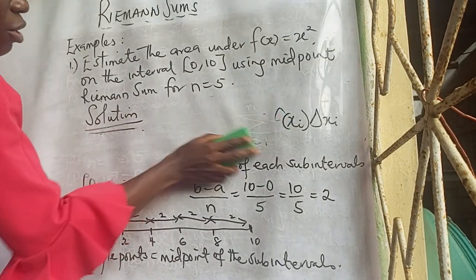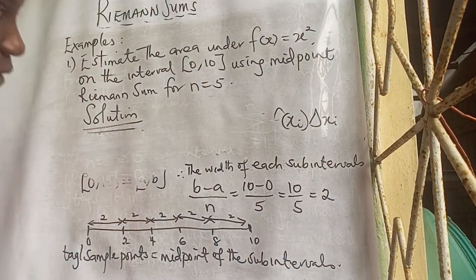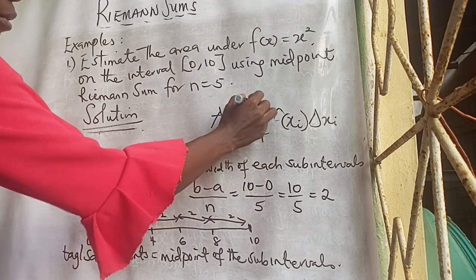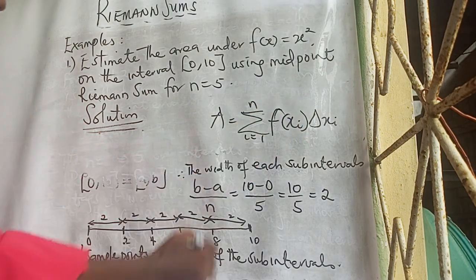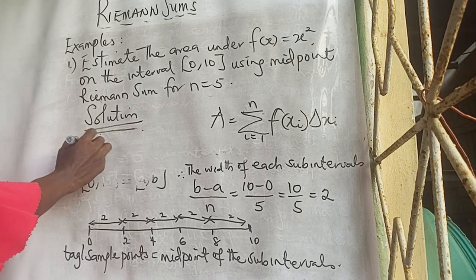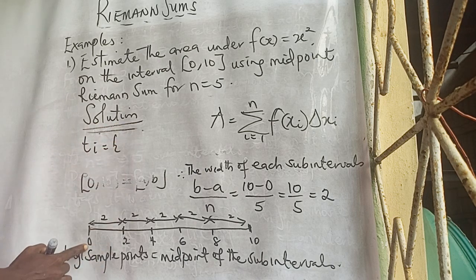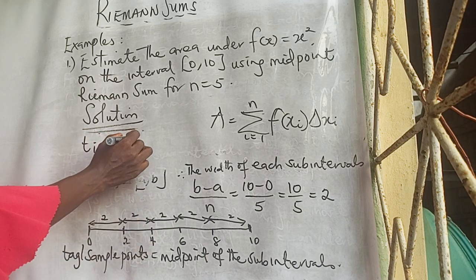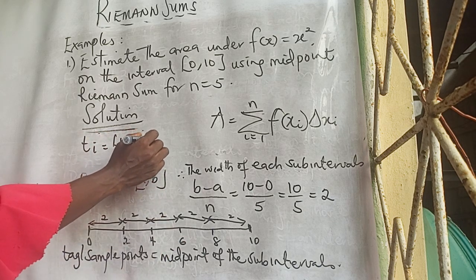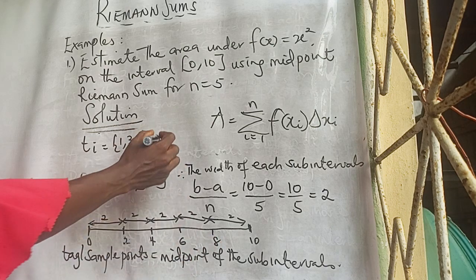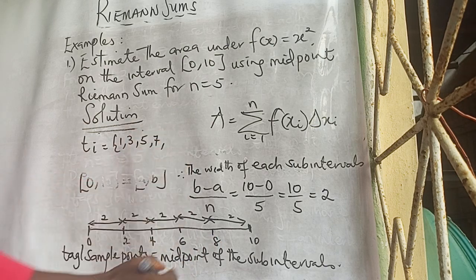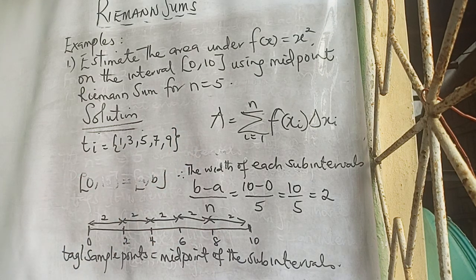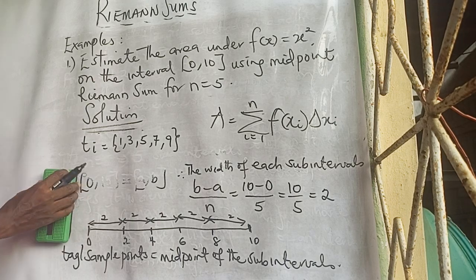Our tag ti, the midpoint of the first subinterval 0 to 2, will be 1. For 2 to 4, it is 3. For 4 to 6, the midpoint is 5. For 6 to 8, the midpoint is 7. For 8 to 10, the midpoint is 9. Therefore, the area under the curve